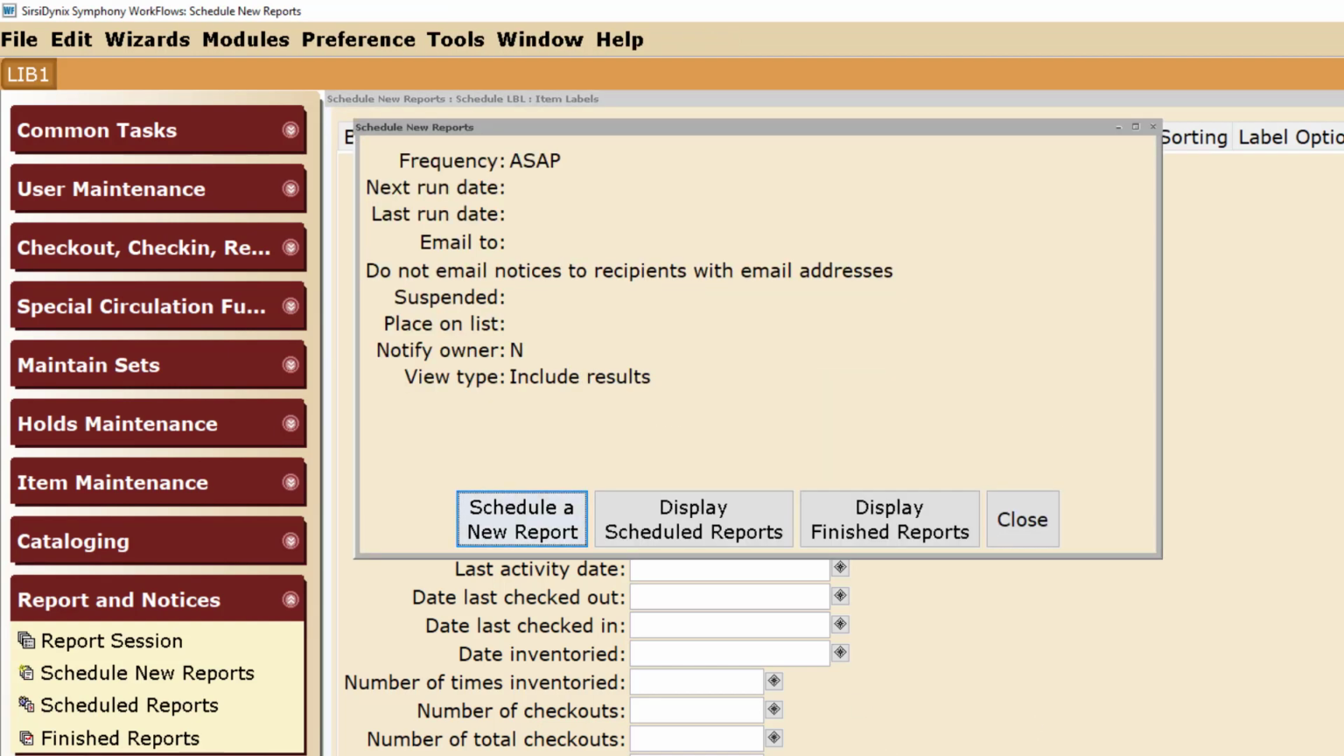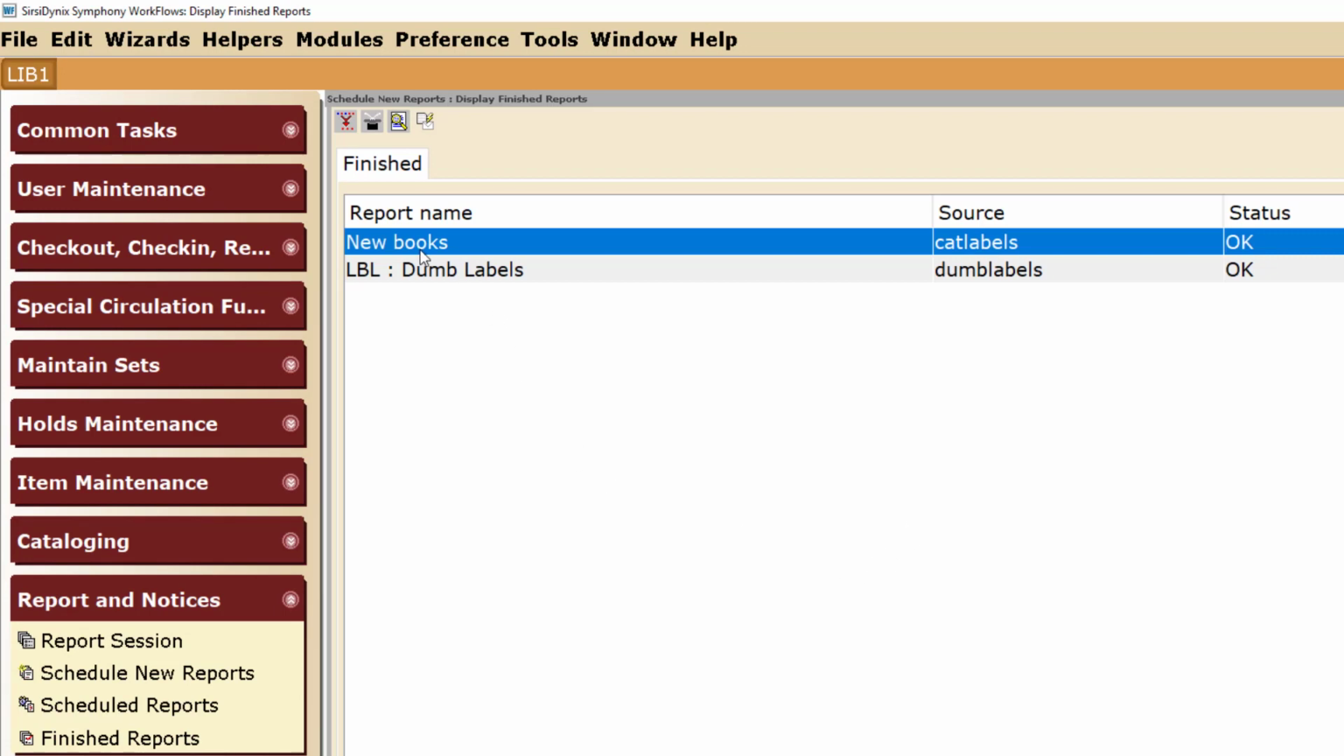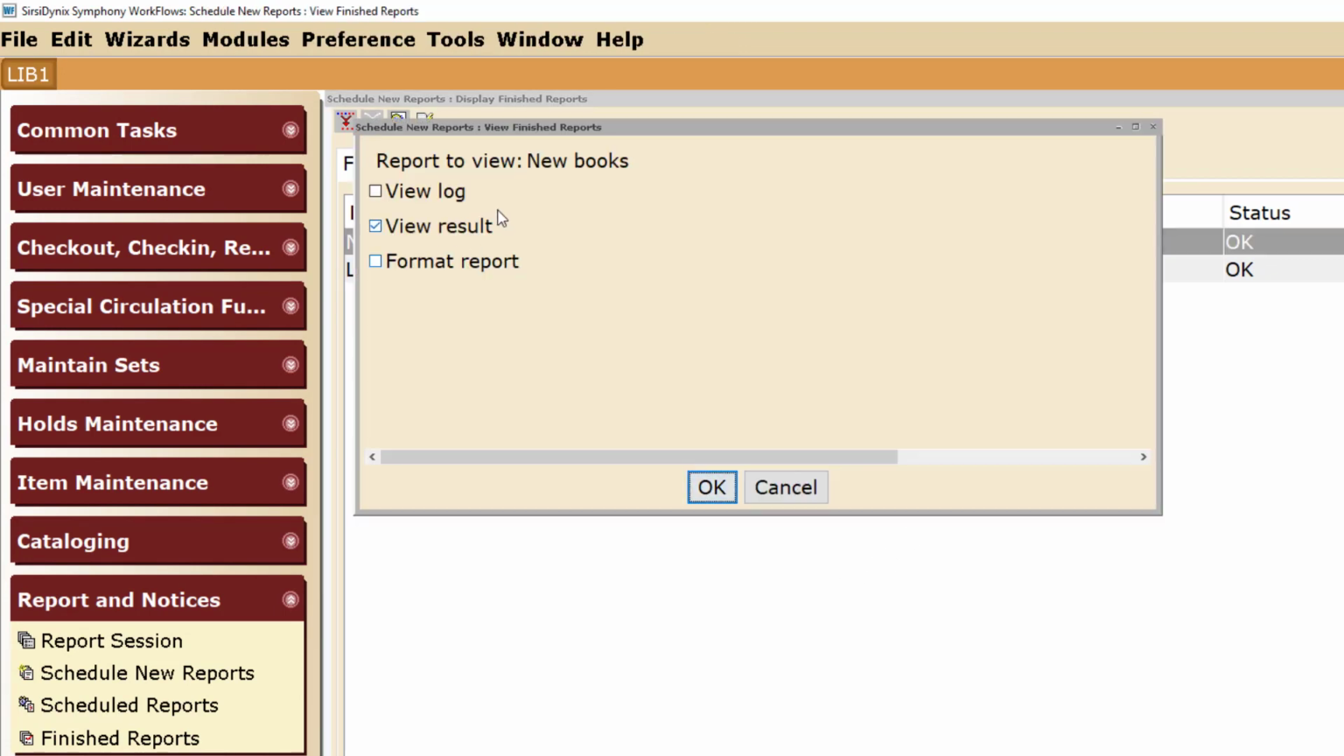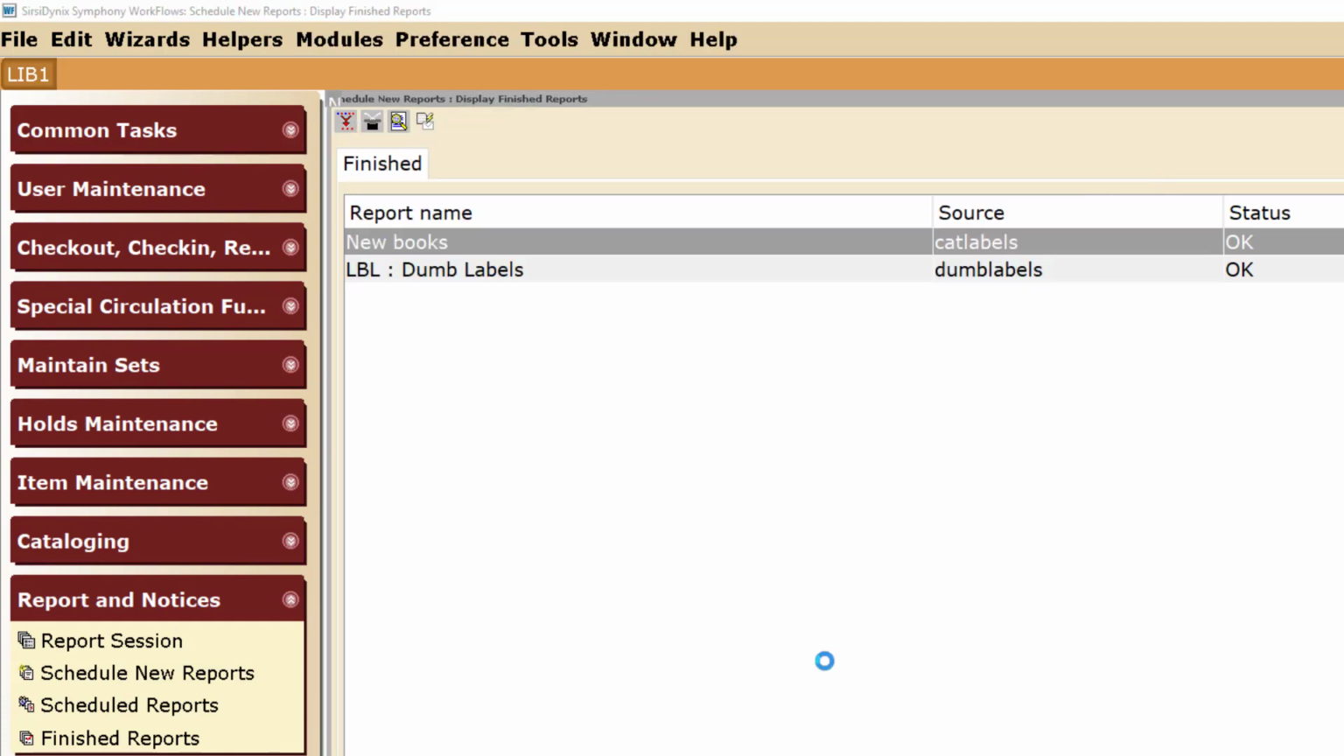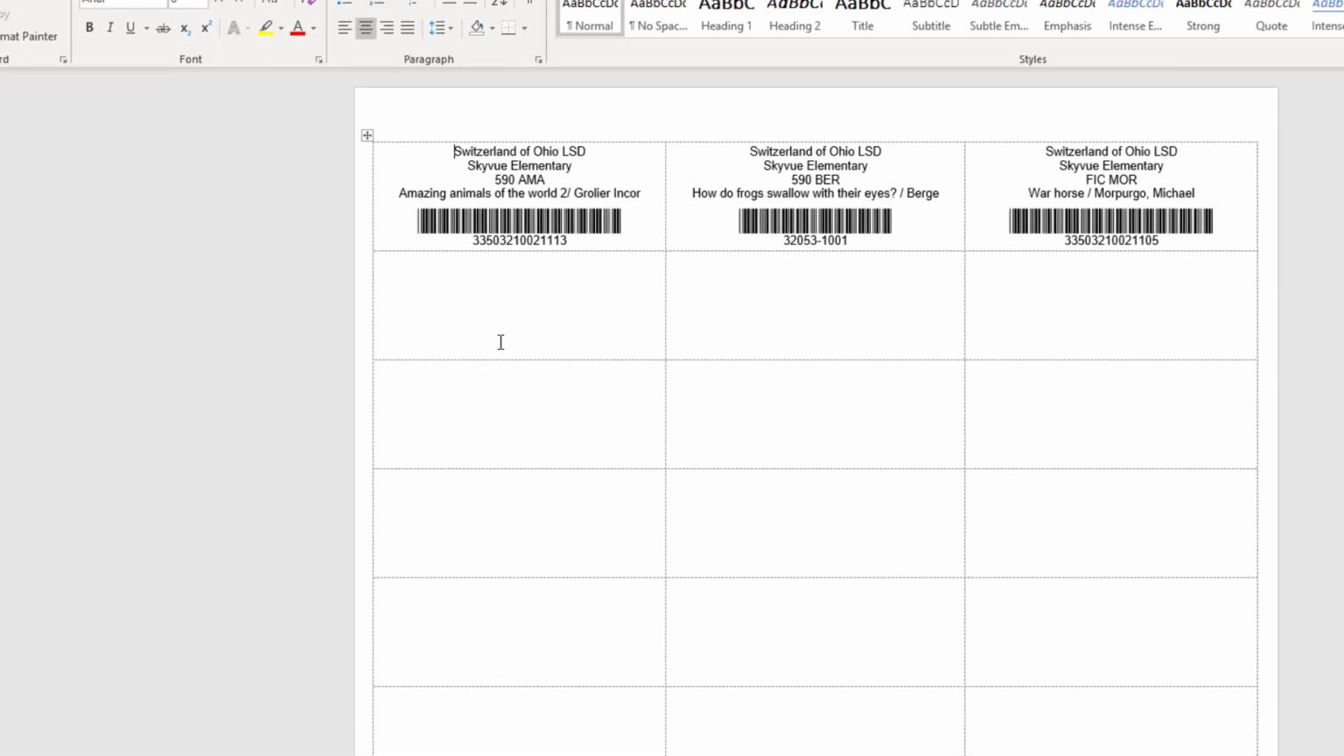And by the way, I'm more than happy to run these for you and either email them or put them in your finished reports. So we go to our finished reports. Here's our labels. We open them. We only need view result. We say OK, and here are your labels